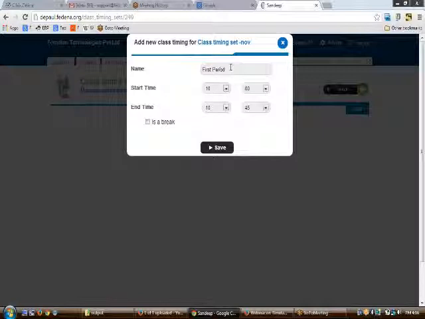To do so, you need to click on add from the class timings page, and then in the light box that appears, you need to enter the name, the start time, and the end time. Moreover, if the period that you are going to create is a break, like if it's a part of the interval, then you can use the is a break option, and click on save.